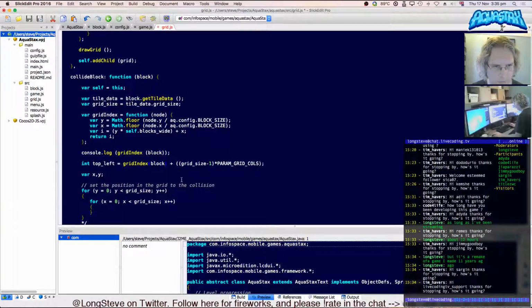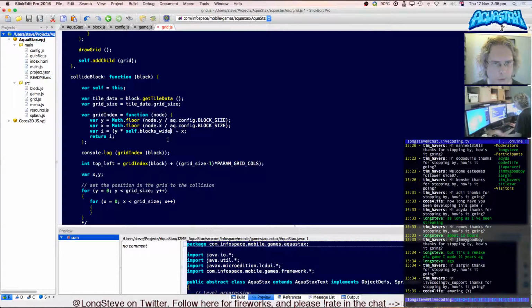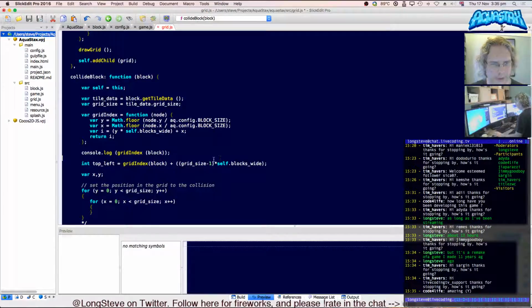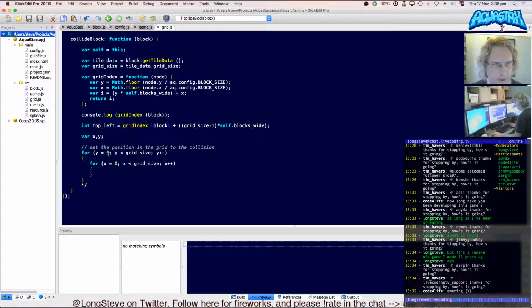Offsets we can ignore because they're all based on arrays. We've got grid size -1 times block size. It's self.blockswide. Right. So that will give us the top left position, and then this X and Y will loop